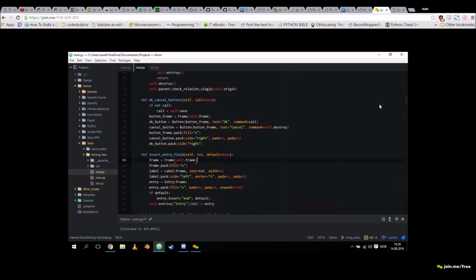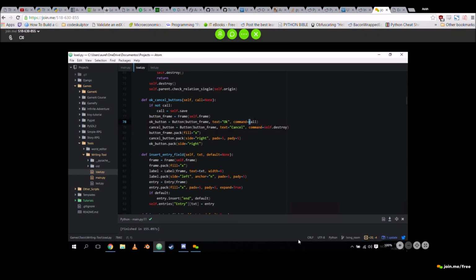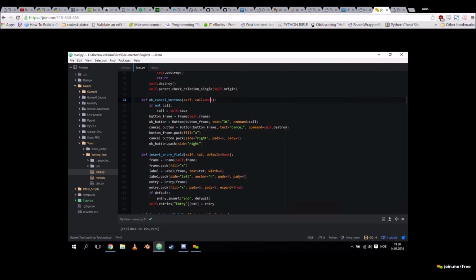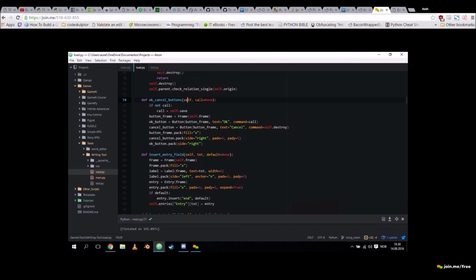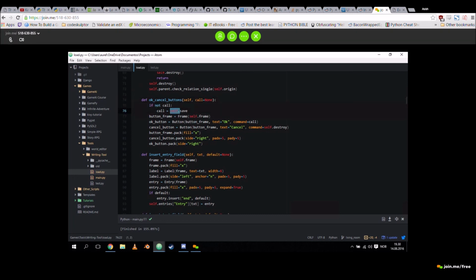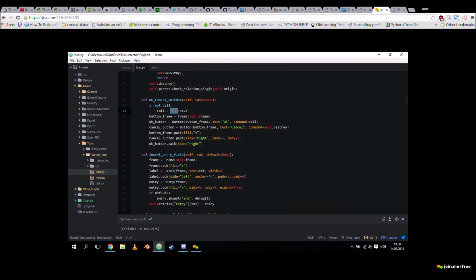The OK button and the cancel button will not quit, because that quits the entire application, but destroy. And that will destroy just itself, the top menu. And then I had a problem because I needed to add callables, and you can't default a callable up here. Like if you say call equals self dot, it doesn't work because the argument section doesn't know what self is, because it takes self as an argument. So the runaround there is call none and then self save, because unless I specify otherwise, I want this to run its own method that's called self save.